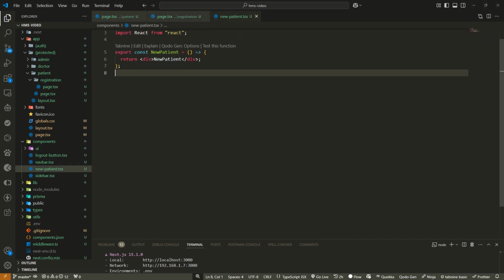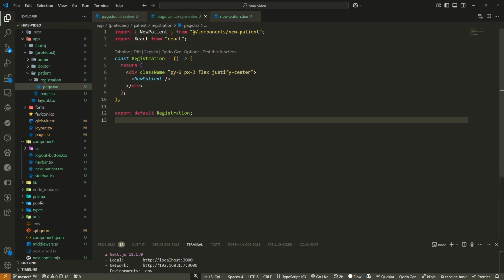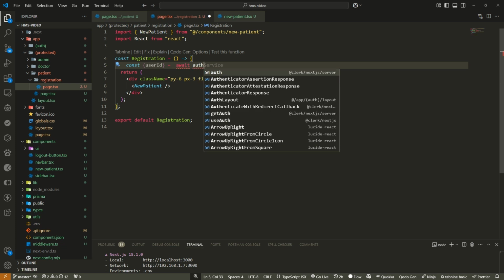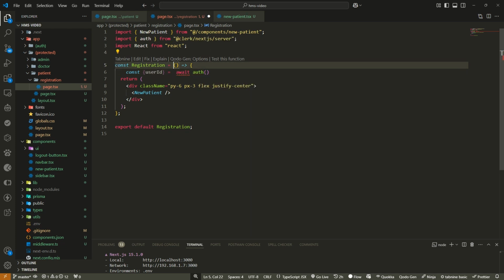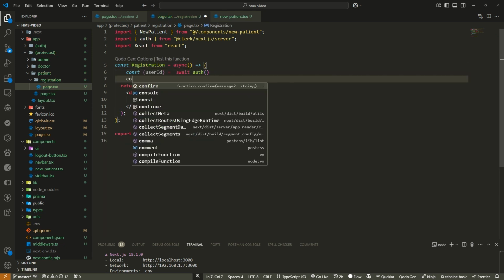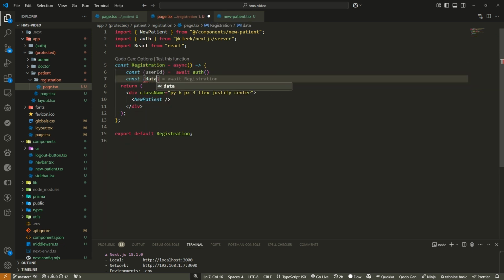But before we get here, I want to pass the user ID and stuff. So I'm going to say const userId, great, await auth. So auth from Clerk Next.js, and this needs to be async. Also, I can even get the data